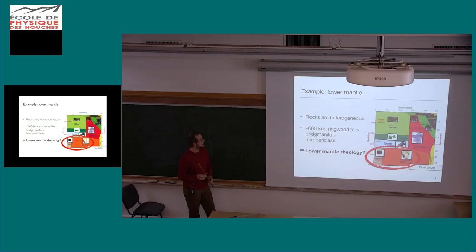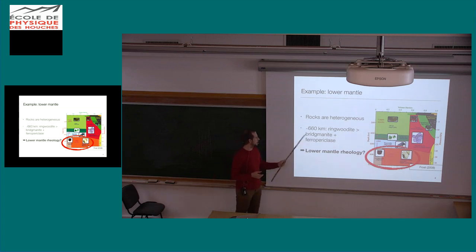Specifically because I'm working at BGI, where they have high temperature, high pressure presses, they do a lot of experiments on lower mantle materials. So this is why my work is more tuned in the direction of the lower mantle, but in essence it is a relatively general study on how heterogeneities affect the effective rheology and the deformation of two-phase materials. So rocks are heterogeneous, and particularly in the lower mantle we have bridgmanite and ferropericlase which form this mixture, and we would like to know how this behaves, because